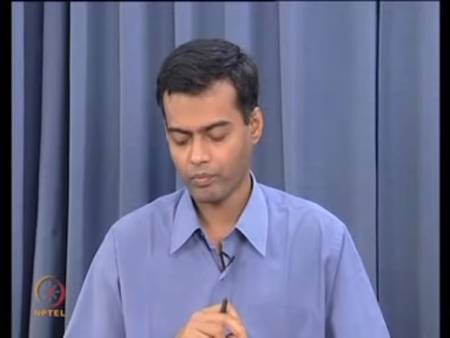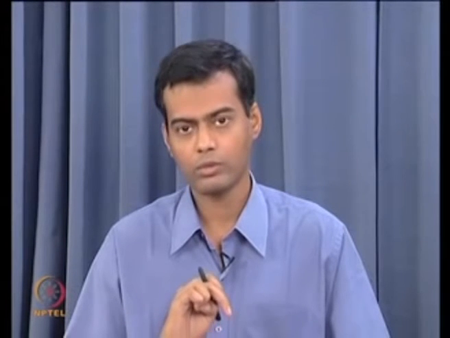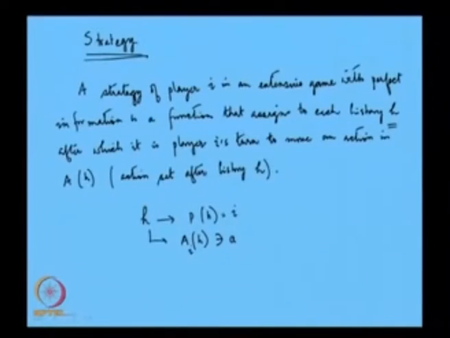Now, obviously, the player function we know is defined only over histories which are proper subhistories, where the game is not ending. So, this H that we are talking about here is a proper subhistory, it is not a terminal history. That is the first thing. And secondly,